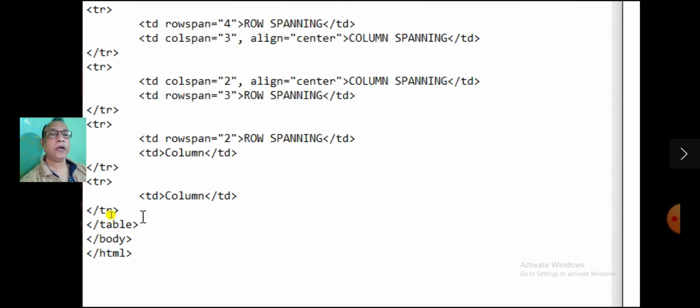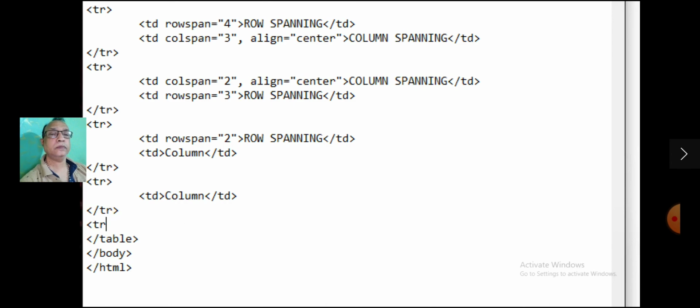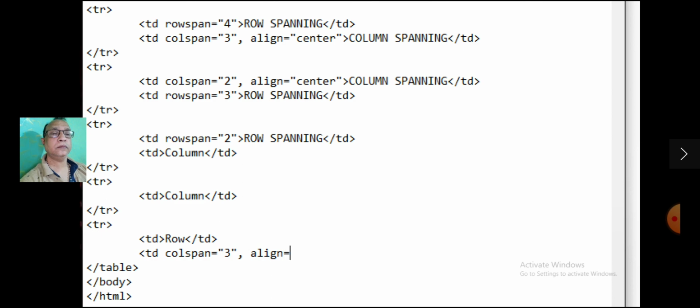Now write the data for the last row. Save the file.